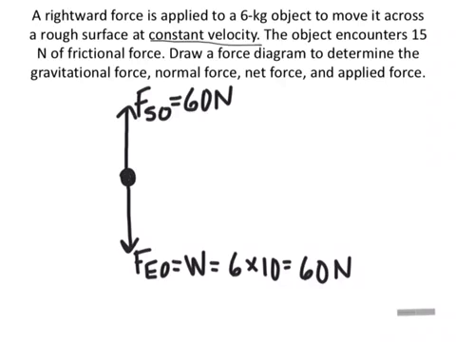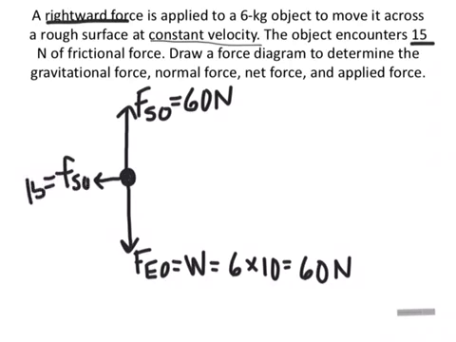Then it says a rightward force was applied, and then if it's moving to the right at a constant velocity, friction is always the opposite direction, and it tells me that friction is 15 newtons. So if I drew these vectors this long that represented 60, obviously I'm going to be drawing a smaller vector for our friction. So that will be friction. So the friction of the surface on the object, and it tells me that that amount